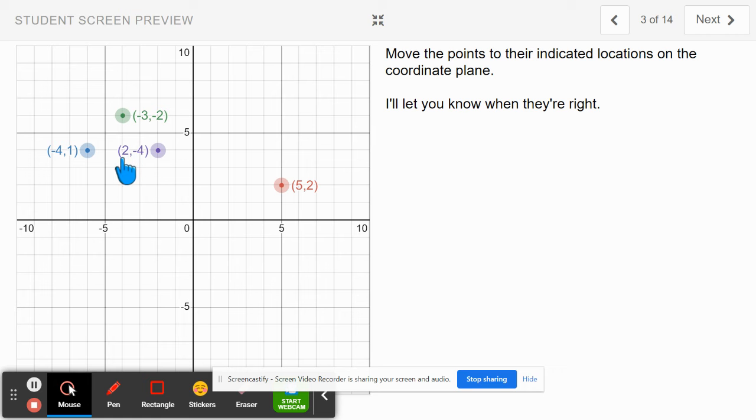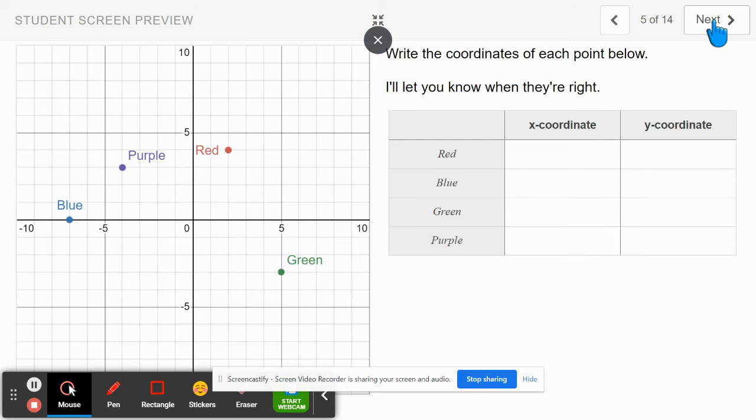But this one here is positive, but then it's a negative. So I would start at the origin again. Let's see if it lets me grab it. Again, these things sometimes have issues. You just got to kind of deal with it the best you can. There we go. So I start here, I go positive 2, and then it's negative 4, so I'm going to go down 4. Okay. Go through those slides for me,